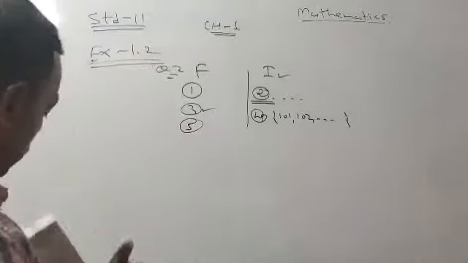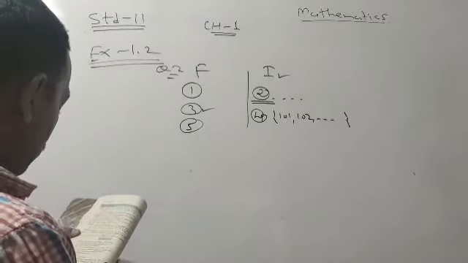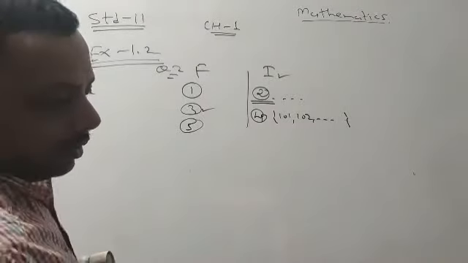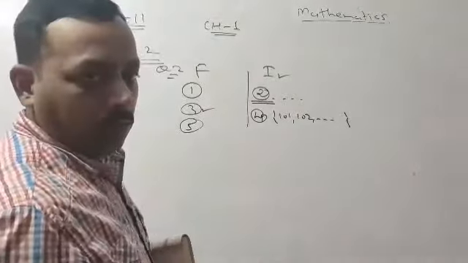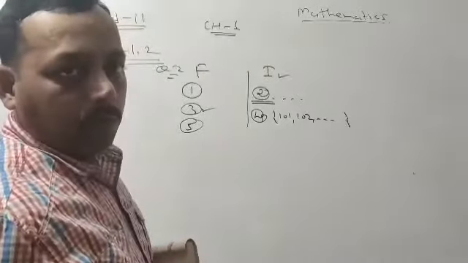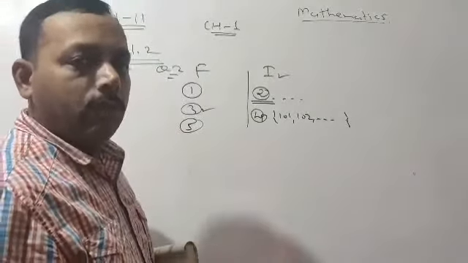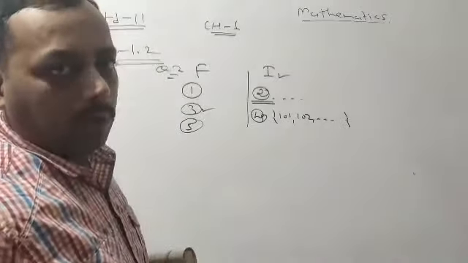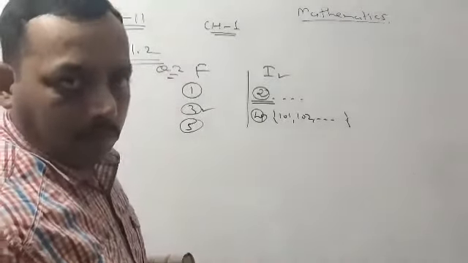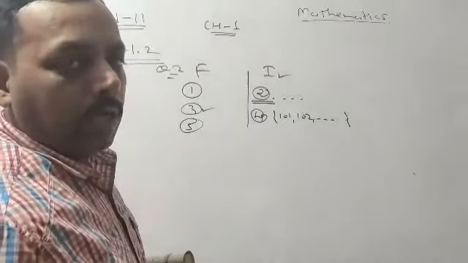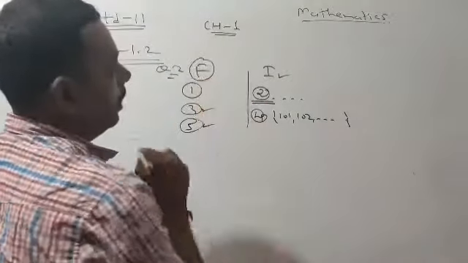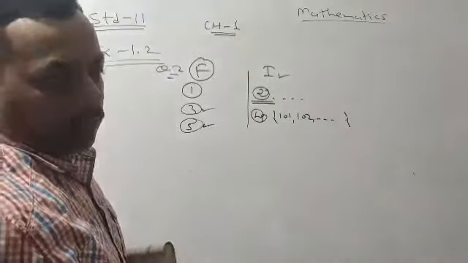Now, fifth one. The fifth one is the set of prime numbers less than 99. I think you have done this question in either 8th standard or 9th standard. A prime number means a number which is divisible by itself or by 1. So, there are a limited number of primes till 99. So, the fifth one is also in the category of finite set.